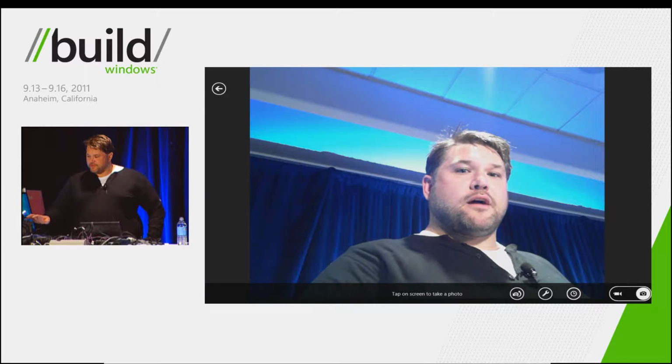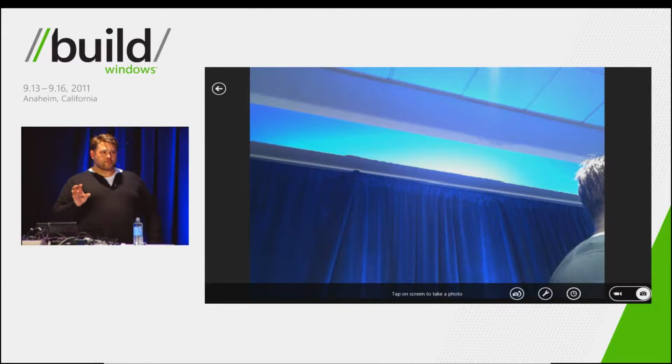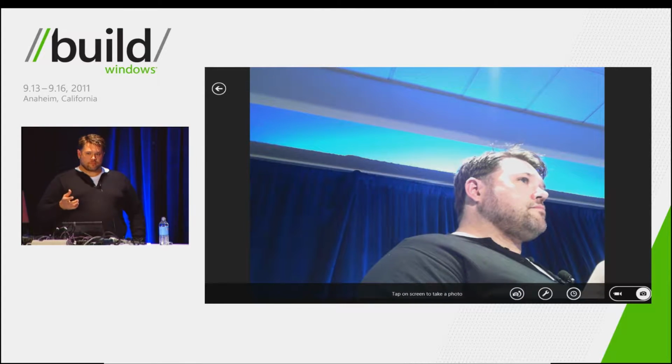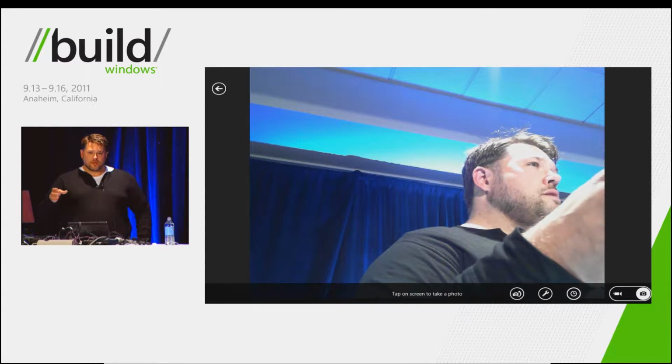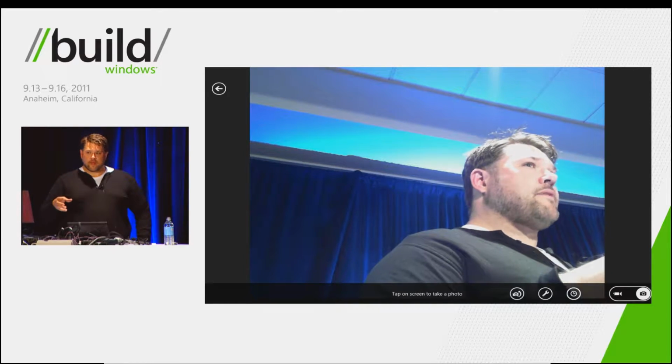So it turns out that between the hardware and the software of LifeCam, they have a driver here. It's a driver package, and this driver package actually contains a special media foundation transform that works with the under-the-covers components of the media team that actually gets into the pipeline and can apply effects. So it's distributed in a driver package, and it's just an MFT. And we're going to talk about that in a little bit more detail later, but let's take a look at what